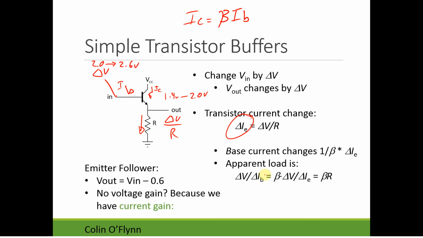What this means is that the apparent load, looking in this way, if you ask what is the resistance of this system, we've effectively multiplied this resistor here by the current gain of the transistor. So this resistor here, you can look at as our output impedance to some degree.